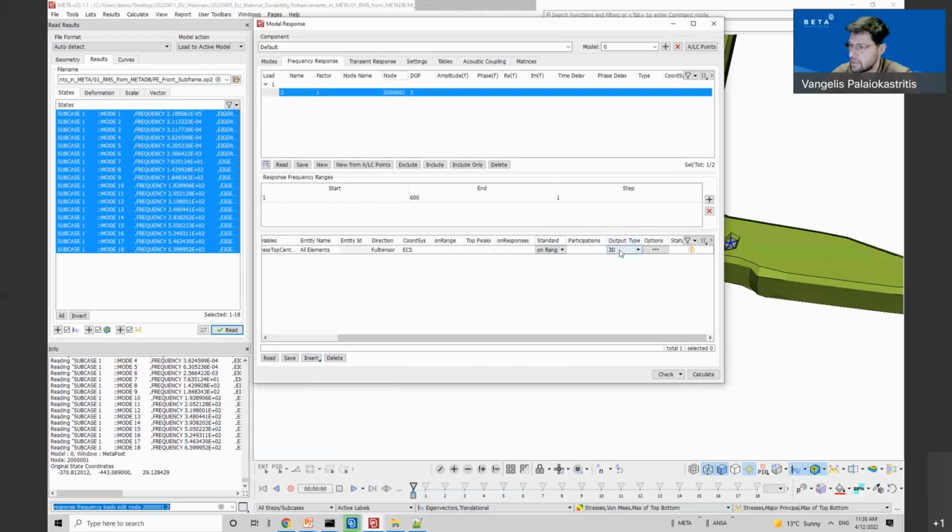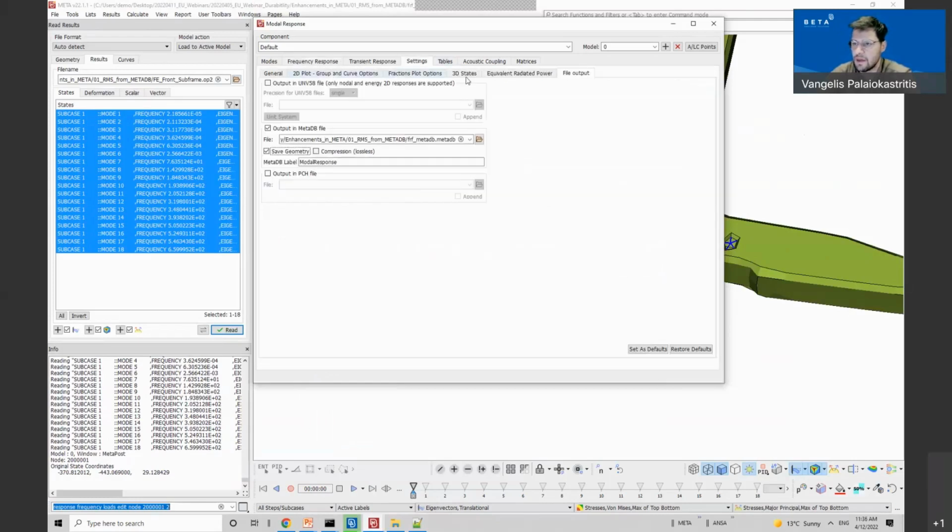I want 3D results, and if I switch here to the settings and the file output tab, I have here the option to output this in the MetaDB.